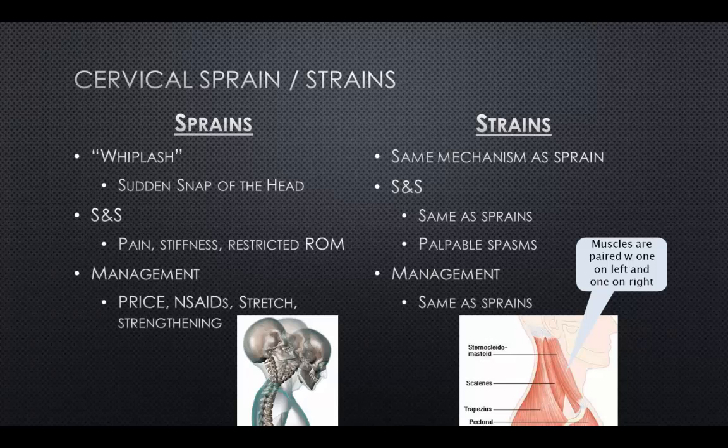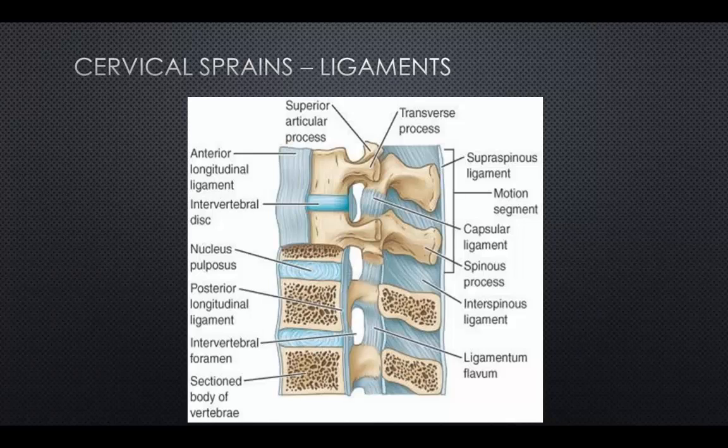The signs and symptoms may be very similar to sprains as well, but may also include muscle spasms, which may be easily palpated. We manage cervical strains the same way as we do cervical sprains. This picture illustrates the many cervical ligaments which could be injured during a sprain. It isn't important that you determine which particular ligament has been damaged, as the treatment is pretty much the same